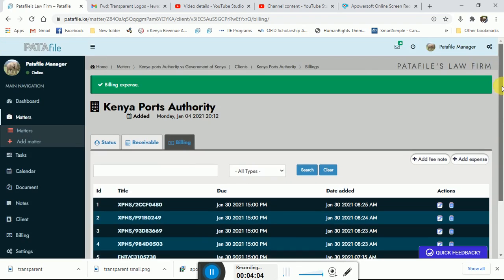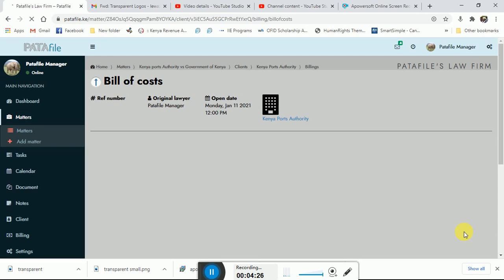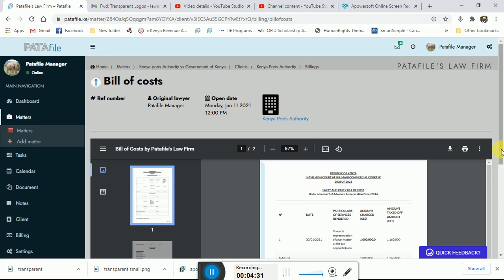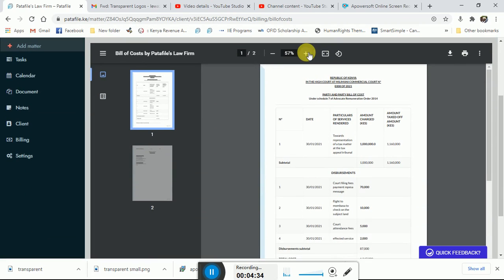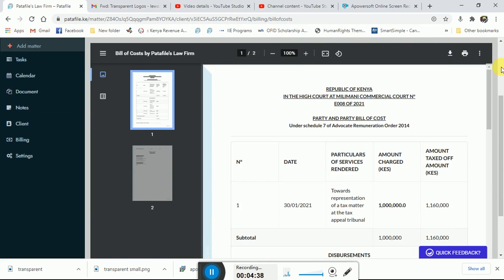Okay, so after you've done this, you will come back here to the client, and you want now to give the client how much the cost is so that you're reimbursed. You'll come back here to the client, go to actions, and then generate the bill of costs. Okay, so the bill of costs basically gives a summary of